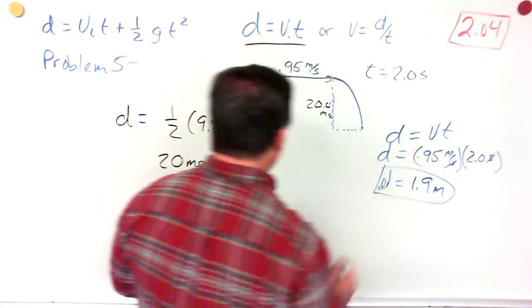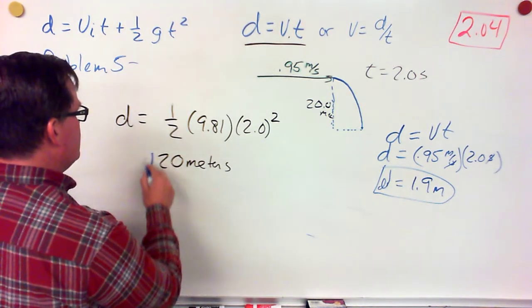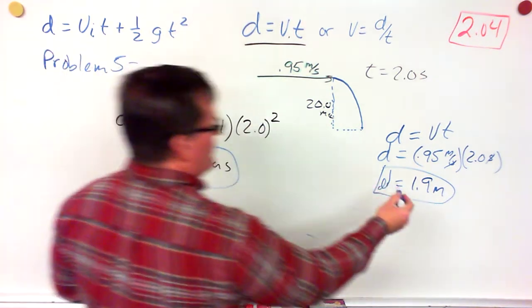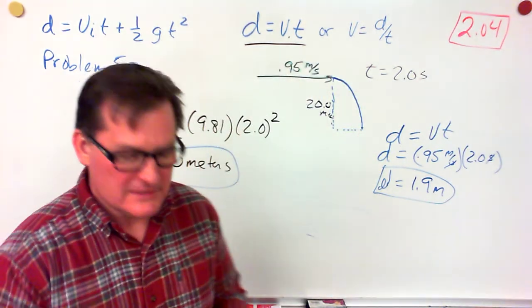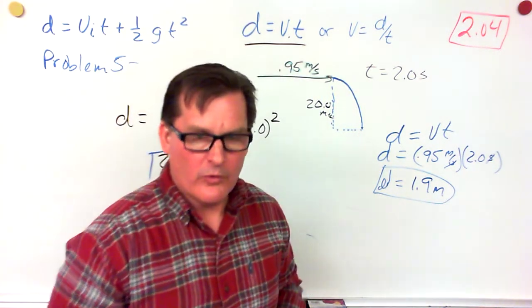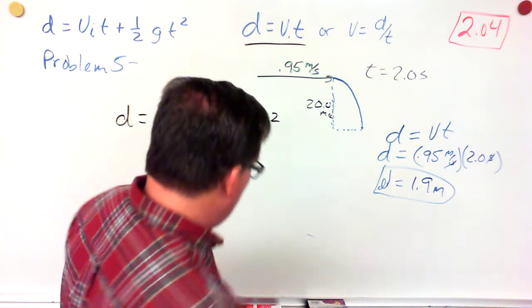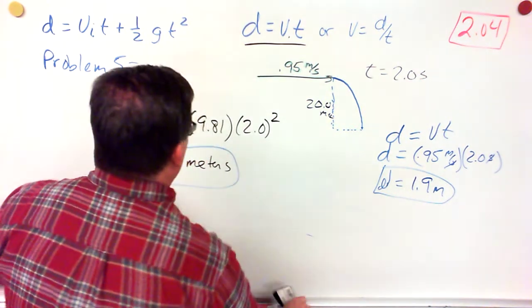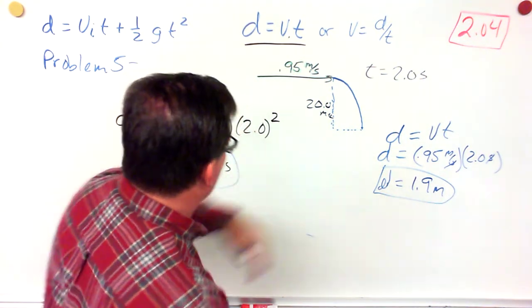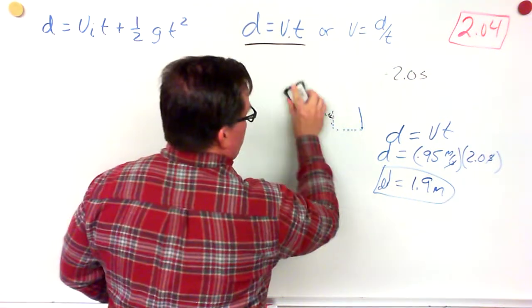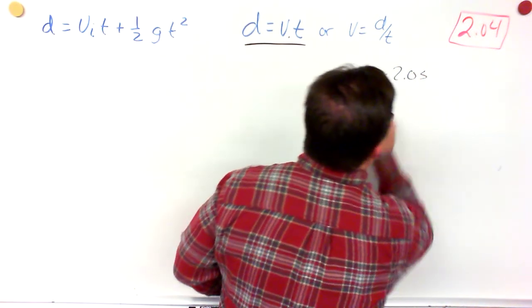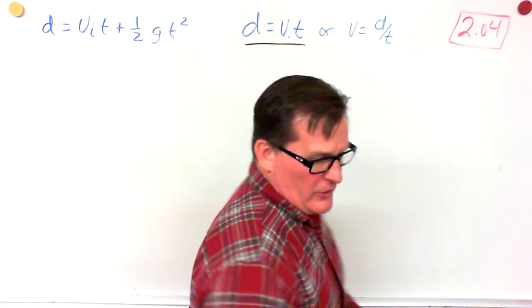So that's the two-parter. 20 meters distance or height of the board, it's a tall board, and 1.9 meters from the base of the diving board is where she landed. And that's it on that one. So see again, vertical components, horizontal components act independently. And when you realize that and you break them up, these problems aren't that hard. But when you don't know that, when